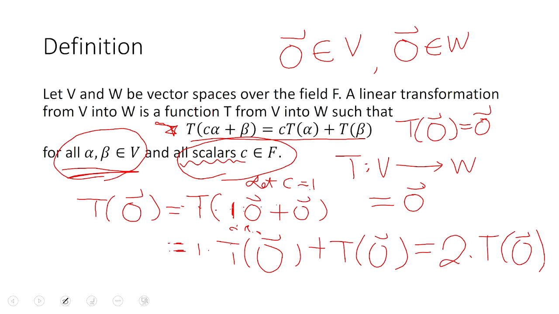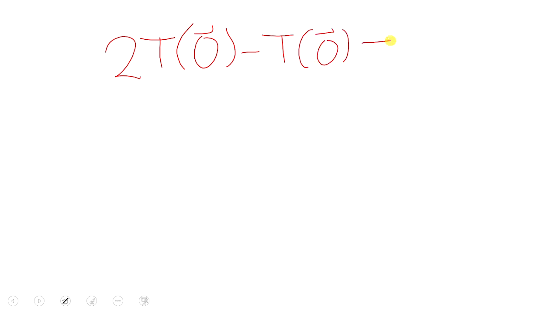So the only possibility is you can move the T of 0 vector to the right hand side to get the 0 vector. So we go to the next page. So 2T of 0 vector minus T of 0 vector. Okay, if you move the T of 0 vector from the left hand side to the right hand side, we swap again. And the right hand side should not be 0 scalar, it should be 0 vector, because we're talking about the vector